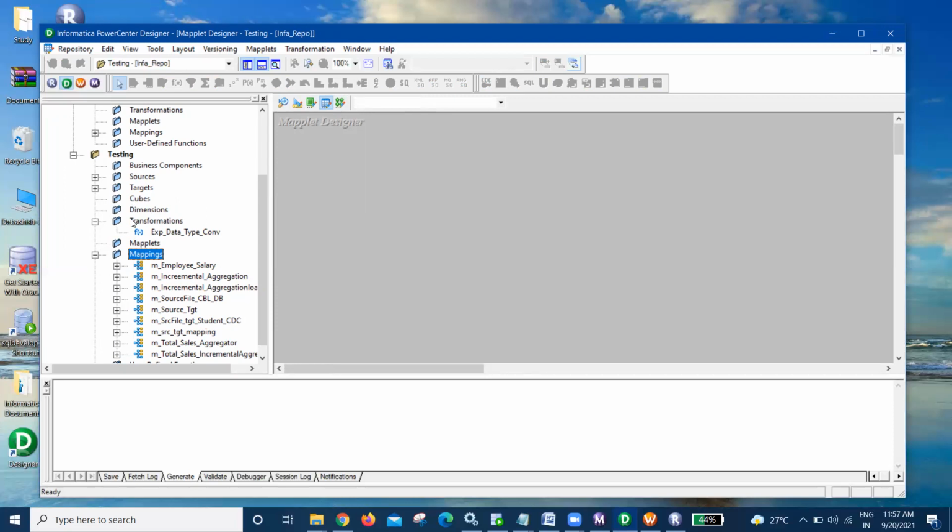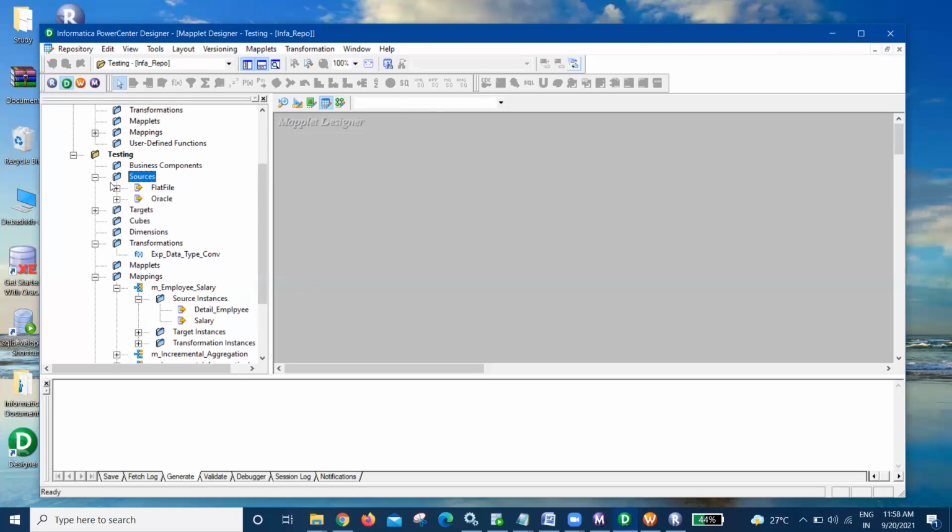Once these 3 objects have been created, you can use them in a mapping. If source and target have been created, you can directly go to the mapping, create any mapping, and use the source and target. And the transformation you can directly create in the mapping. Once the mapping is created, it will again have one source instance folder inside, one target instance, and one transformation instance. So what does it mean? This source instance will have the same source that you used within the mapping, but it cannot be created within the mapping. It means you have reused the actual source within the mapping.